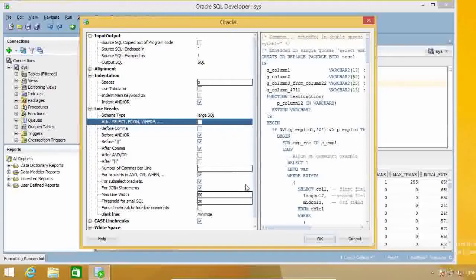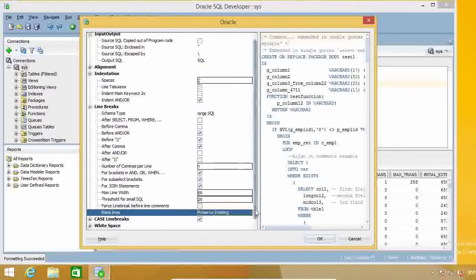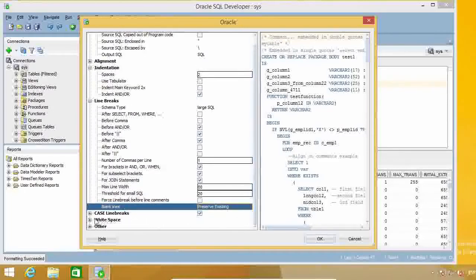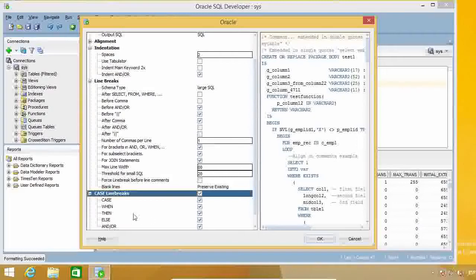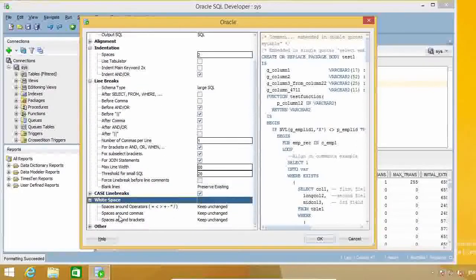What else? I don't want it to remove my blank lines, so I'm going to change this to preserve existing. I don't want to change anything about case line breaks. And